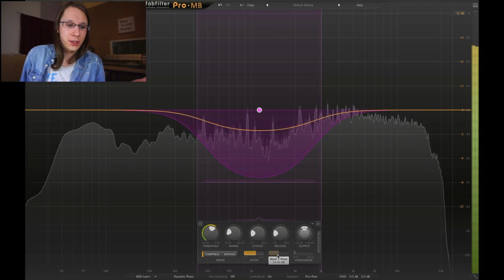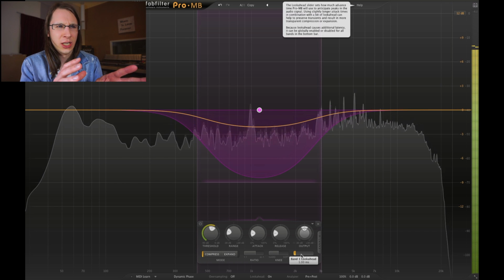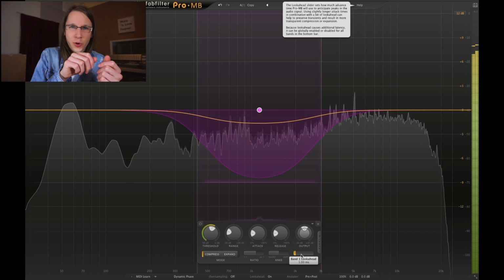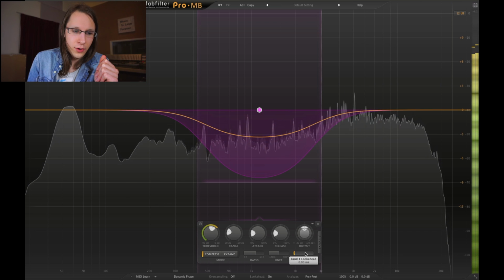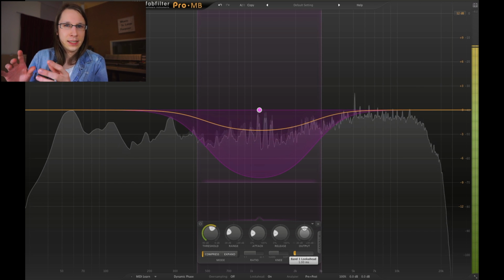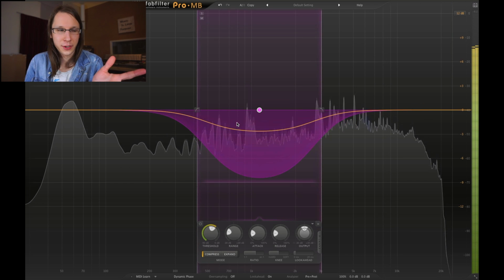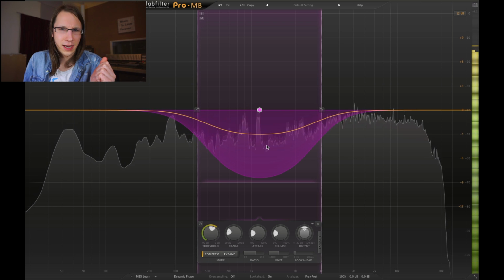So we can adjust the ratio, the knee and the look ahead, and in FabFilter the look ahead is actually, I call it the extra attack time. Well, the look ahead makes the attack time shorter. So you can use look ahead, but you cannot use it when you don't want any latency. Keep that in mind. So if you're using it on a vocal while recording that vocal, don't use look ahead.